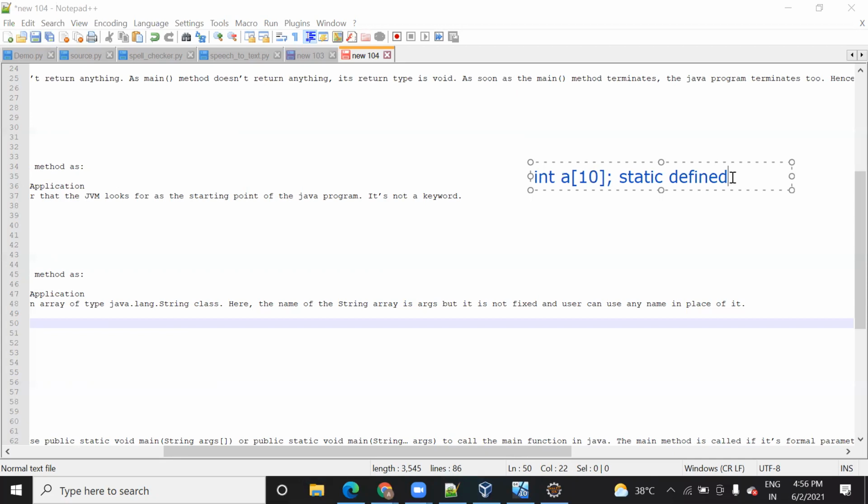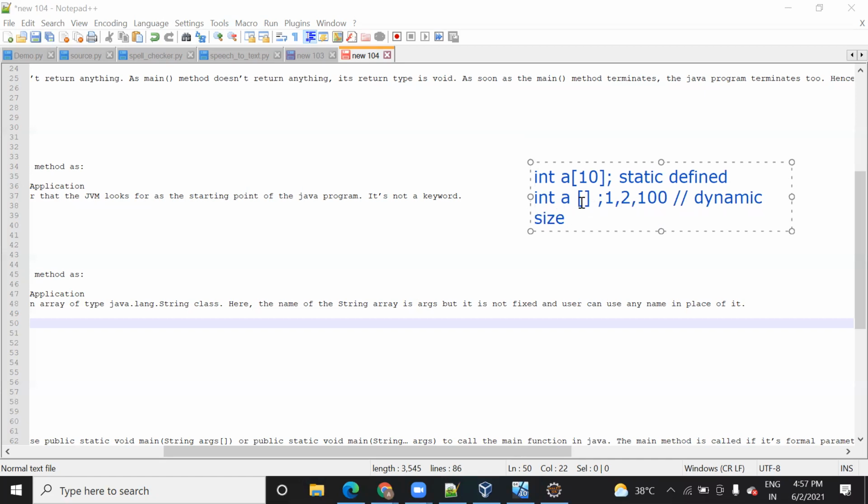And what do you mean by dynamic? Dynamic means we don't declare any size, we leave it empty, so that based on the elements that you pass, it will calculate the memory and save it. You can save one element, two elements, or 100 elements also. Any element size you can save here. So this is the difference between static and dynamic. Is it clear to you? Yeah, it is.